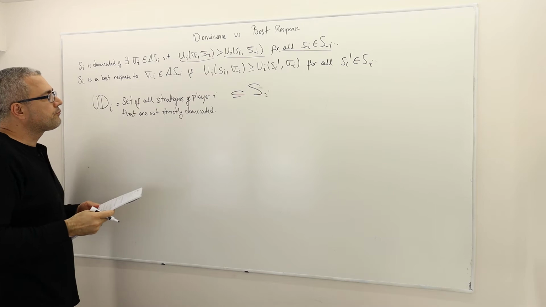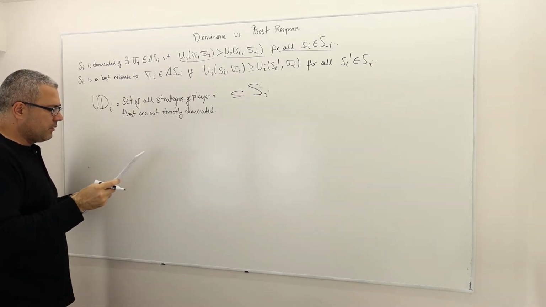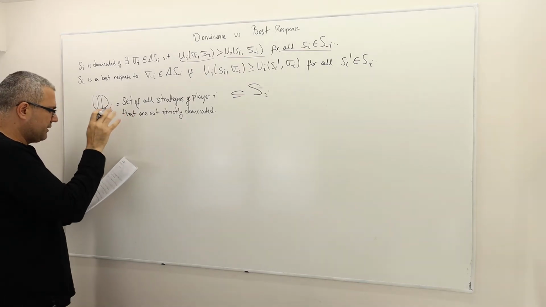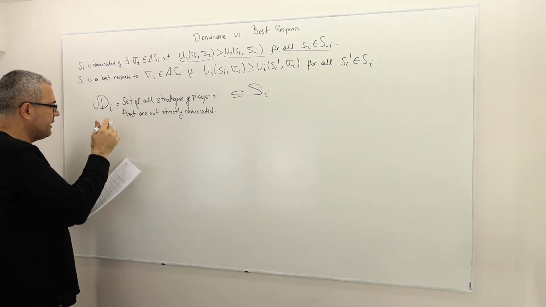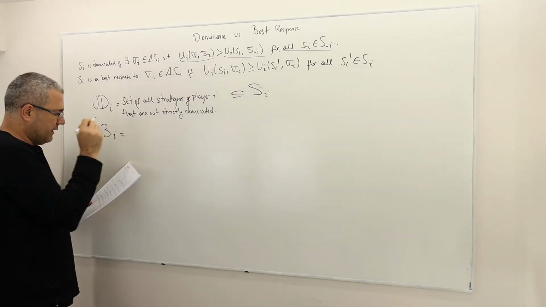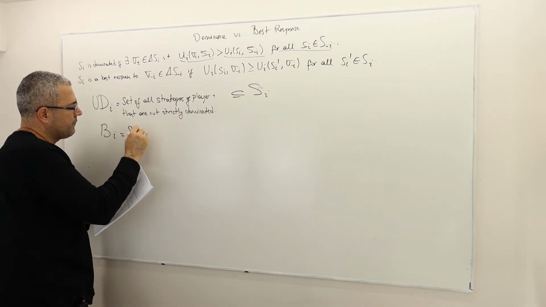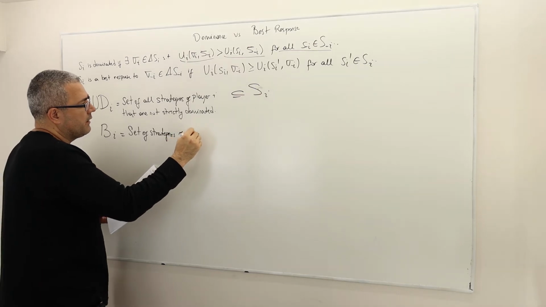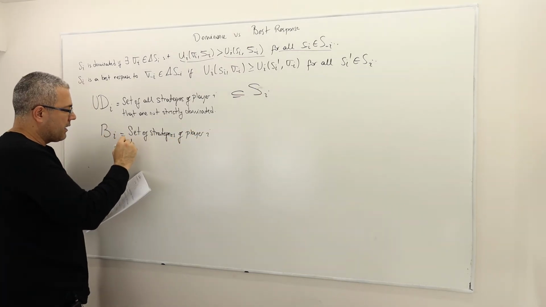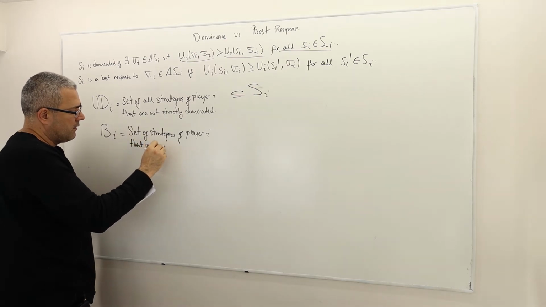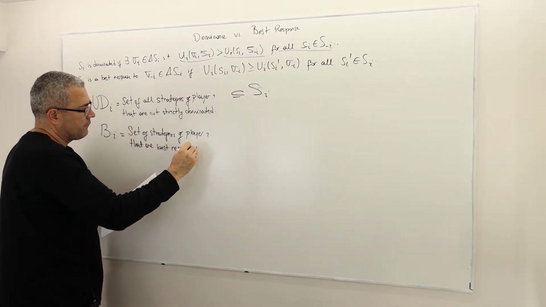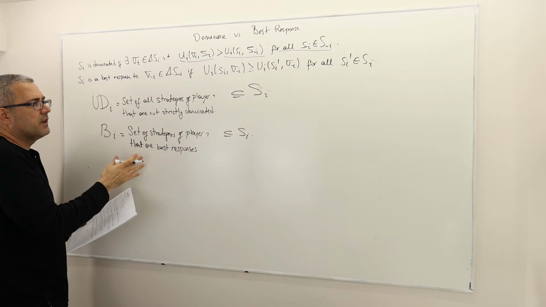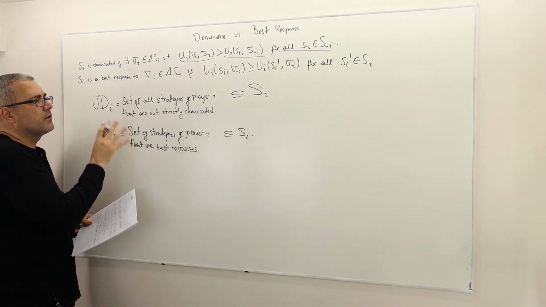Well, we are looking at the pure strategies here. All right. So the mixed strategies are not included in this UDI set. And BI is, let's call it, the set of all strategies of player I again, that are best responses. Okay, well, that's also a subset of SI, obviously, but these are restricted, sort of smaller subsets of